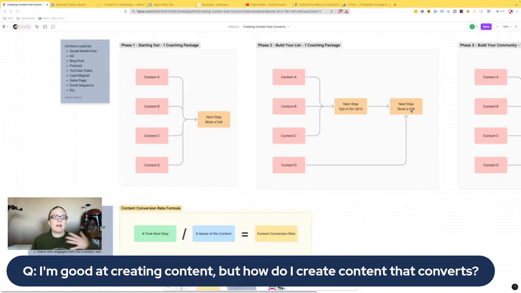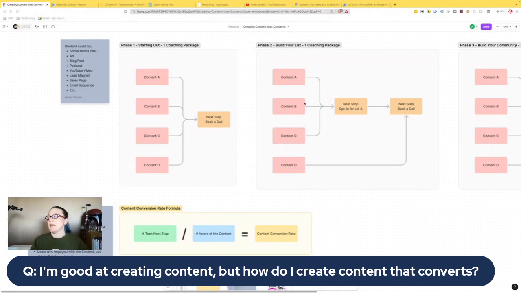And we think that we're doing our best clients a favor by giving them a choose your own adventure path. There's ways to do that, but when it comes to having the clear path, you always want to make the clear ideal path forward the clearest. Because based on the people that saw the content, the people that took the next step, you divide the people that took the next step by how many people saw it, and then that's what your content conversion rate is.